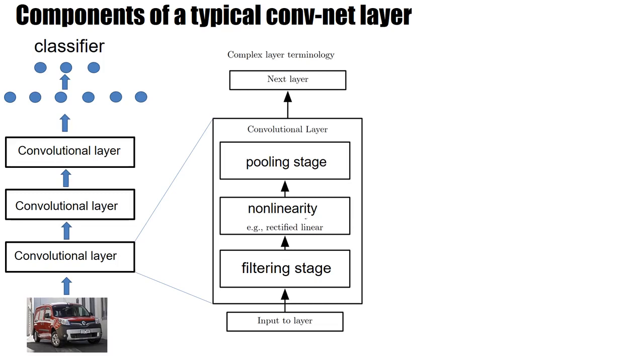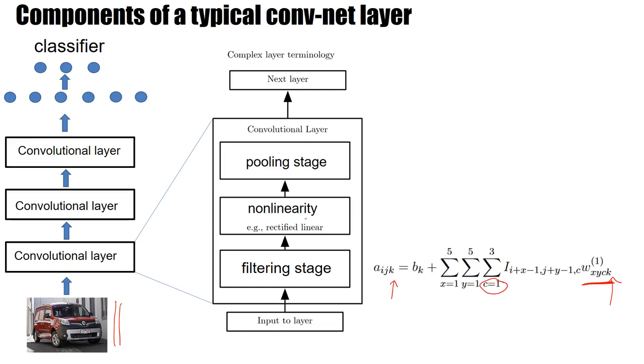Now, I have to remind you that the convolutional layer actually has several processing stages. It has a filtering stage where we just do some linear filtering, and here are our filter parameters that I talked about. This is filter index k, which appears here. Then suppose it's a color image, so we would have our 3 color channels. Now if you go from layer 2 to layer 3, it's just a count over the channels. It might be not just 3, it might be 128 channels. And i and j are the location indices that map here to the image indices, and the image is this